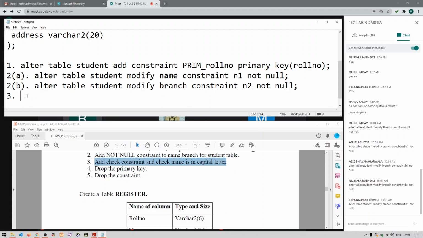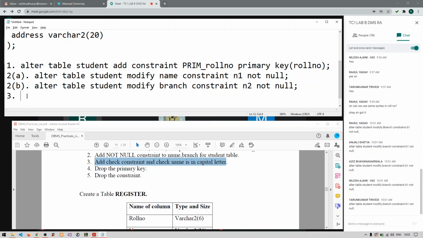Add a check constraint to check that whatever value of name I'm trying to give should be in capital letters. So anyone who is trying to give the answer? Okay, so let me give the answer then.